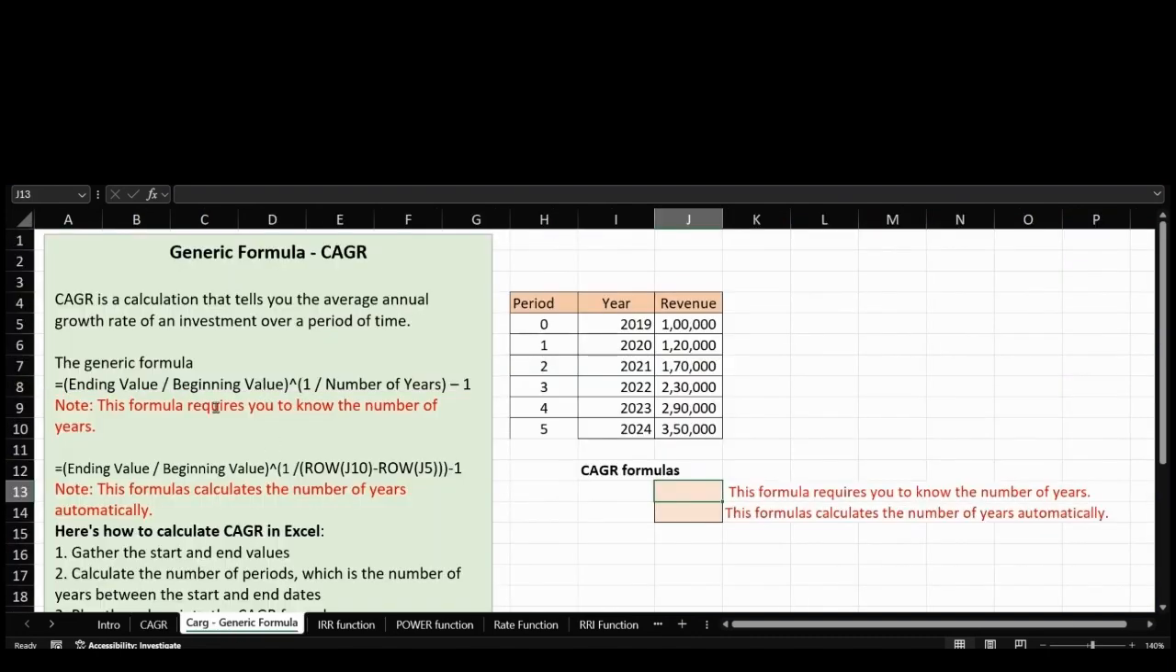This is the generic formula, okay, and let's understand this with an example. Here period is given, years 2019 to 2024 are given, and here revenues are given. So based on this data we are going to calculate CAGR. So here it is equal to end value, which is this, divided by beginning value, this,